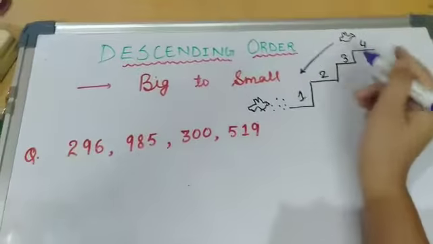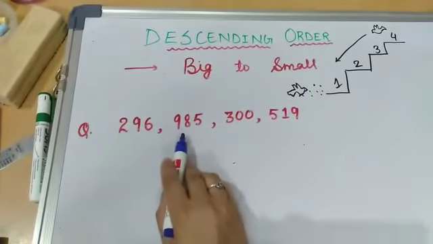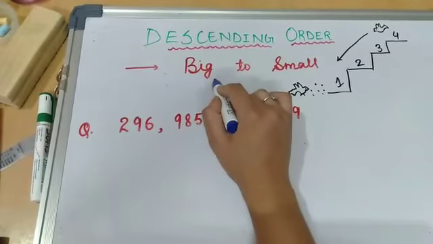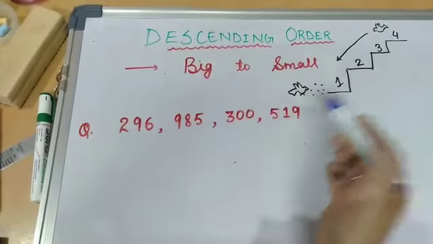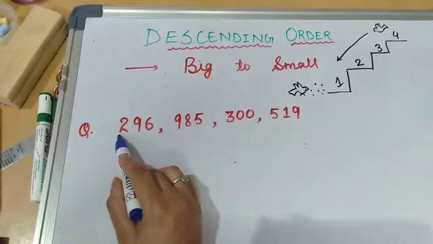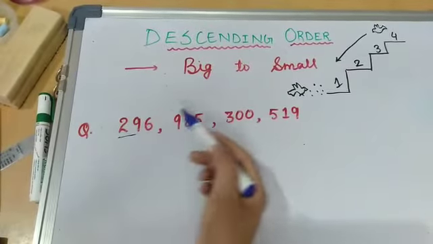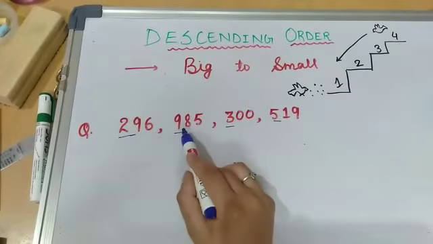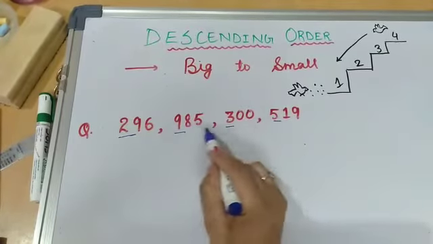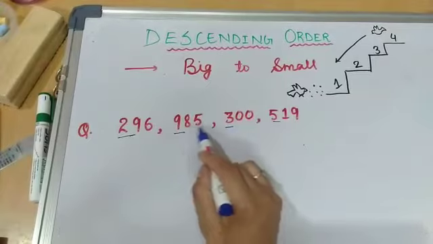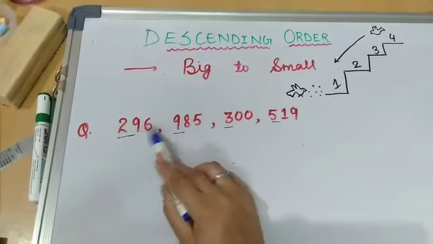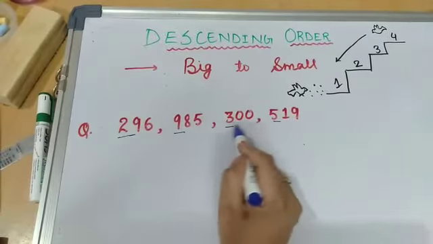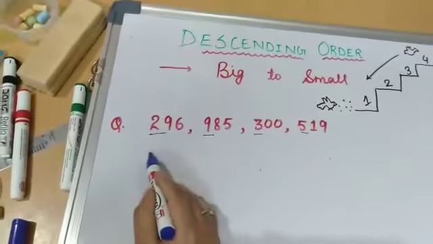Is it clear? So here some question is given. As we know that descending order means moving from big to small. So for writing in descending order, what we will do, we will compare the first digit of each number. 2, 9, 3, 5. Which number is greater among this? See, 9 is greater among all the numbers we have marked. Okay, so